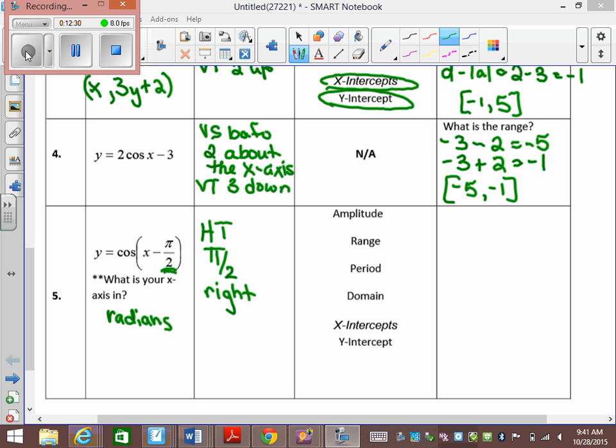Okay. So this is a cos graph, and we can compare the amplitude, range, period, domain. Did my amplitude change at all? My normal cos amplitude, the normal graph we're looking at here, if we're wanting to know what the transformation change is, cos x. It was at 1, it's still at 1. My amplitude didn't change. My range is d plus a, d minus a. My cos range is normally -1 to 1, just like sine is, right? Because literally cos and sine are just a pi over 2 shift from each other. Remember, we went over that? So the range is still